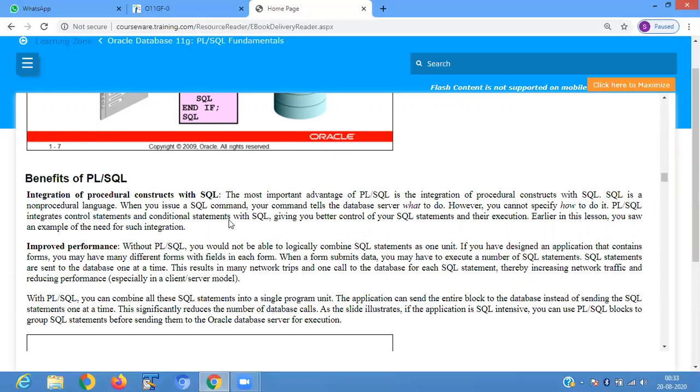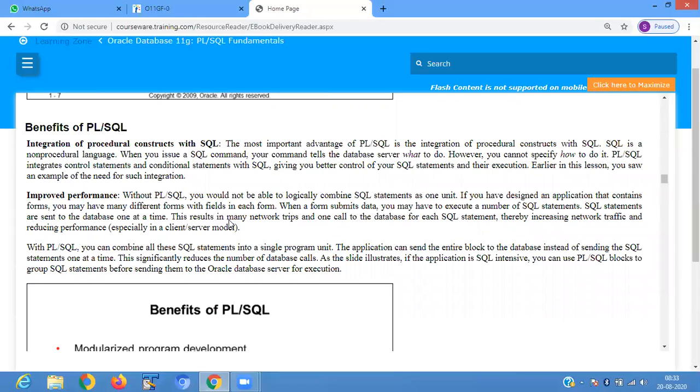The benefit of the PLSQL is the integration of procedural constructs with SQL. The most important advantage of the PLSQL is the integration of procedural constructs with SQL. SQL is a non-procedural language.